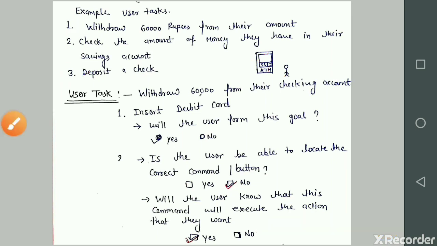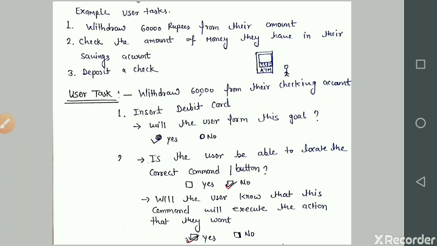After that, the first task of the user is to withdraw money. So how can we withdraw money from the ATM machine? What is the first starting process? Withdraw 60,000 from their checking account. First, insert the debit card. Will the user form this goal?